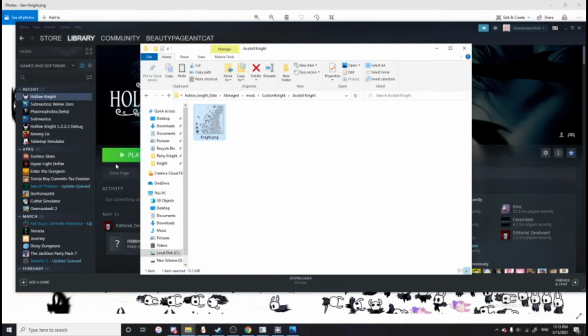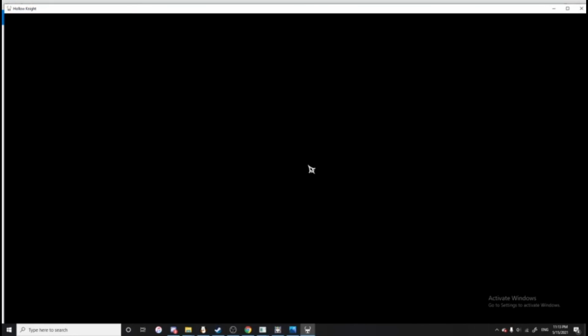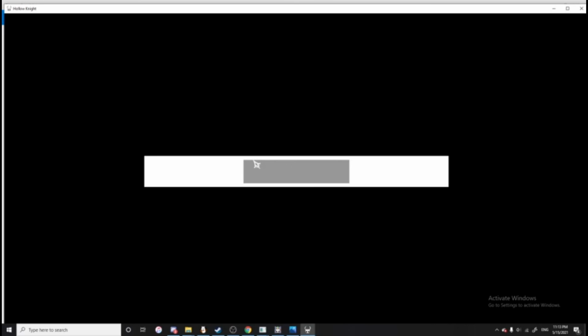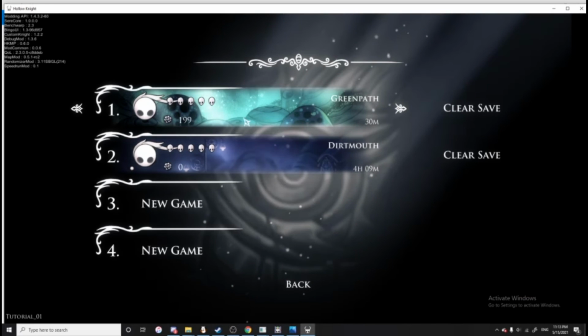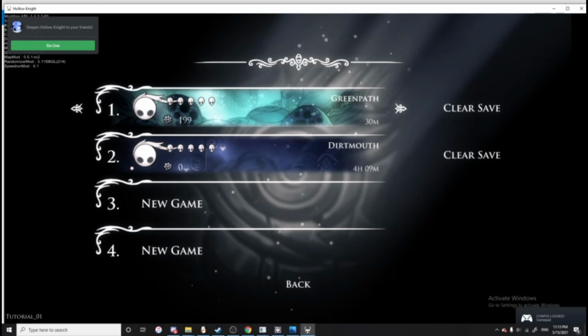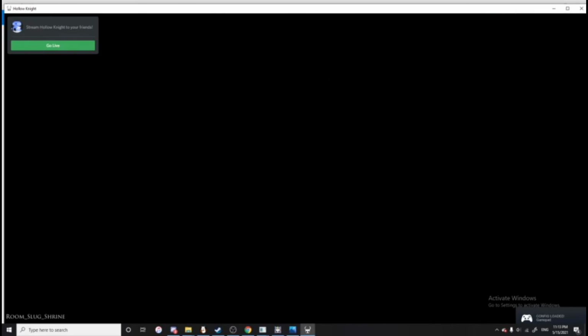That's all. From there, you should be able to open up Hollow Knight and wait for it to load. It's going to take a little second, especially with all of the mods I have. You get a loading bar. And then we can start game and either pick a save that you already have open or start a new one. And you load in,